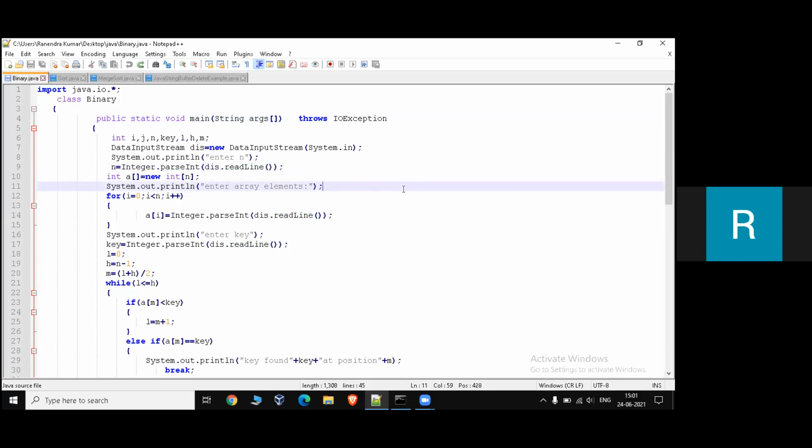There are 3 conditions in performing binary search.